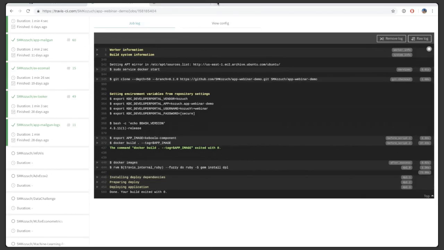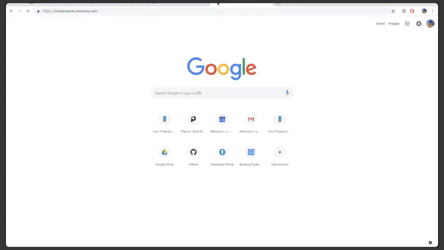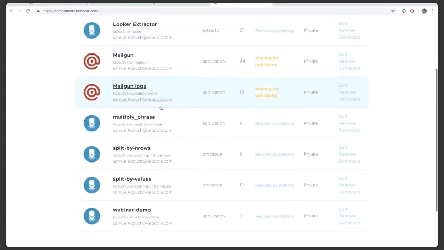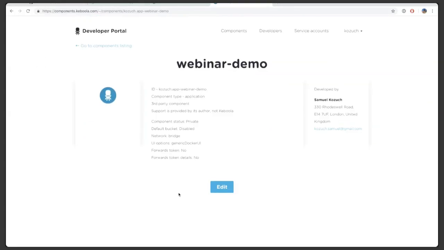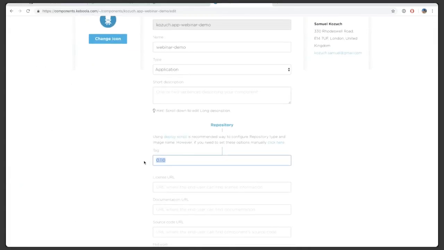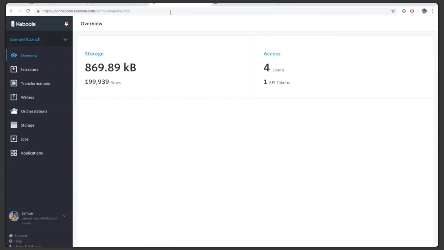We can also check whether it was successfully deployed in components.keboola.com by going to an account, looking at the application, clicking on edit, and as we can see, there's a tag 0.1.0. Now, how to access the application in Keboola? We can go just to the applications menu,